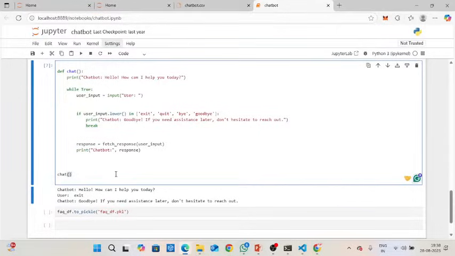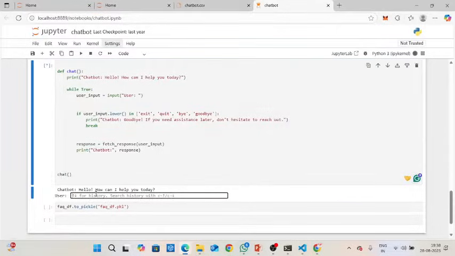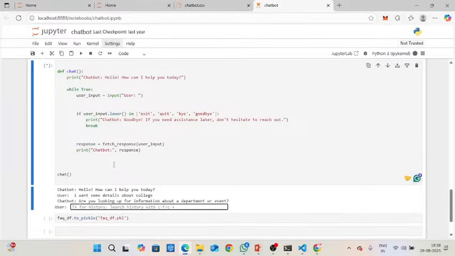If I ask for any details related to the college, for example I want some details about the college, because I fed all the information related to the college only, it will search my data set and check the responses.